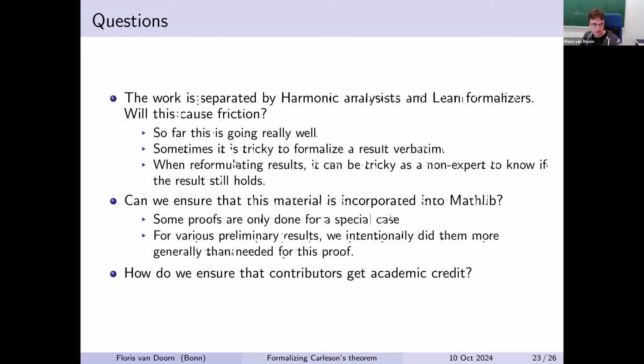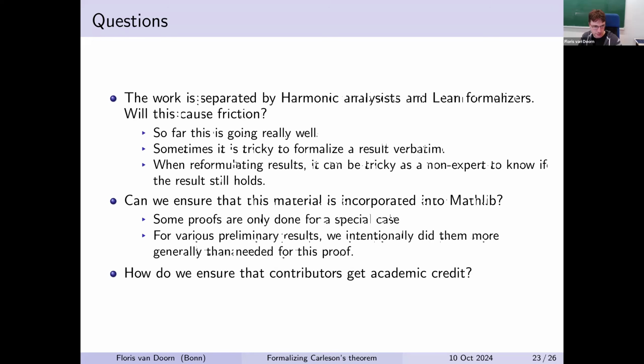There are sometimes tricky things where Lean sort of wants you to formulate mathematics in one particular way, if that way fits better within Mathlib. So sometimes you need to reformulate some results to make them nicer to formalize in Lean. Sometimes that is quite easy, but sometimes it's quite tricky, and then it can also be tricky to know whether that reformulation is actually a good reformulation, or whether you've stated something that is too strong or not strong enough.